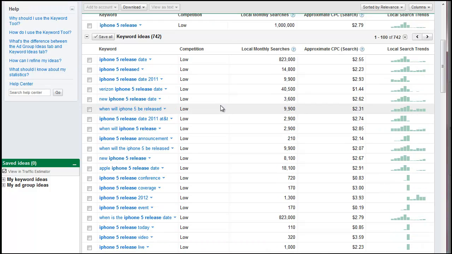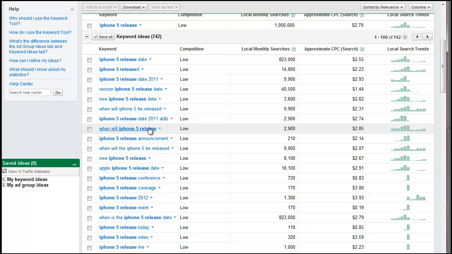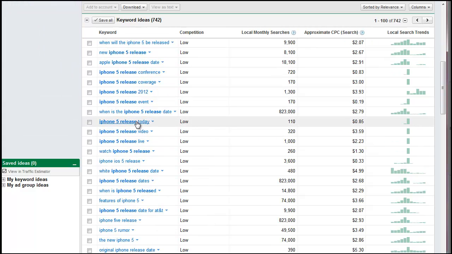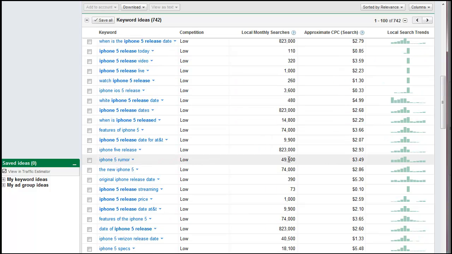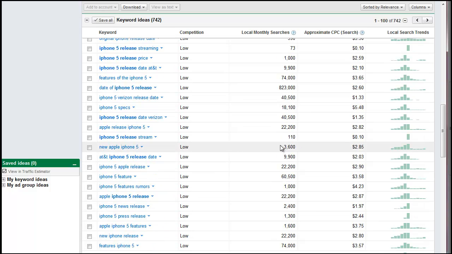So for example, if I was going to be picking keywords, I would probably pick stuff like when will iPhone 5 release, iPhone 5 release 2011, when will iPhone 5 be released, new iPhone 5 release date, iPhone 5 release today, iPhone 5 release event, iPhone 5 release 2012, stuff like these where they're lower searched and they don't look like near the competition. This is going to allow you to get more clicks for your money, and increase your